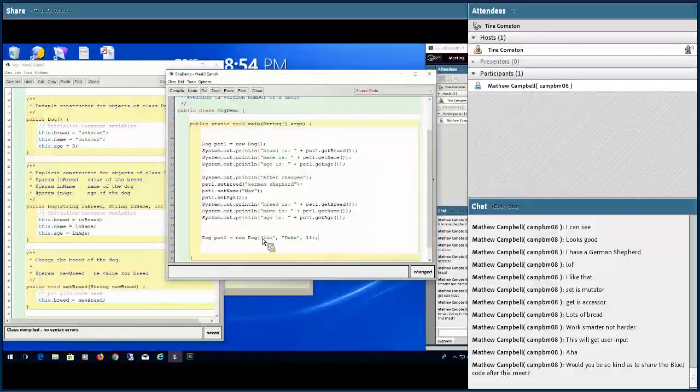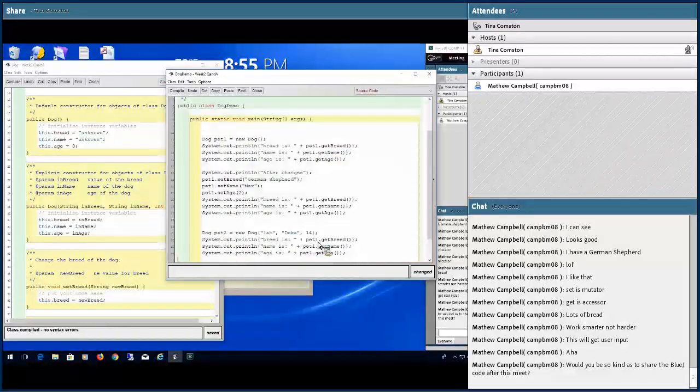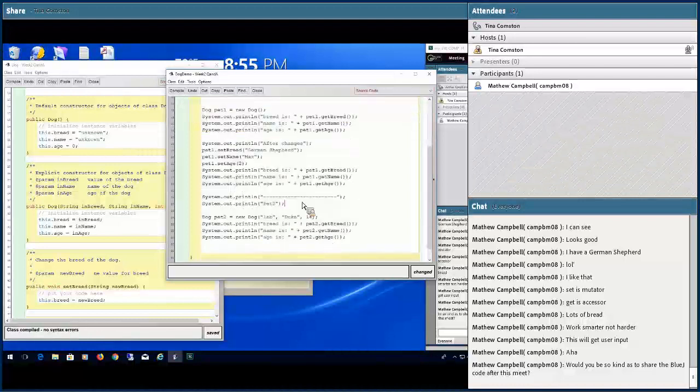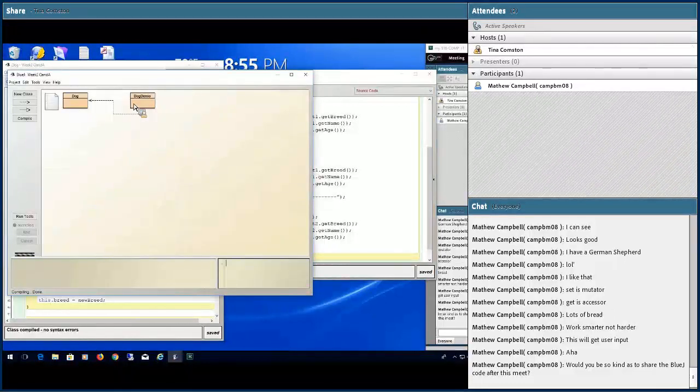Okay, so I'm just going to copy this stuff again. But it should be pet2 is what I'm doing here. And let me put a print line statement in here. And this will be pet2. All right, so if I compile this and run it,